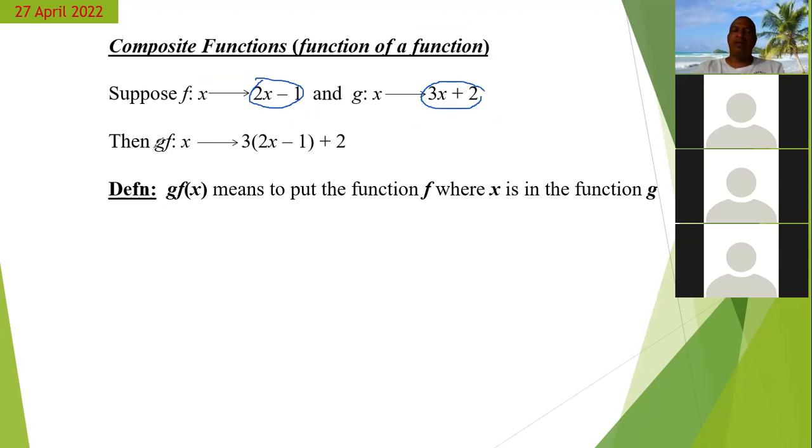Now, when we find g f of x or g of f, what we are doing is putting the function f into the function g. Now, how do we do that? It is similar to substitution. So if we were to substitute a number for x here, then